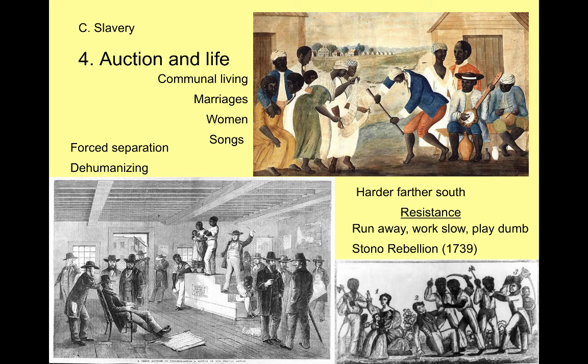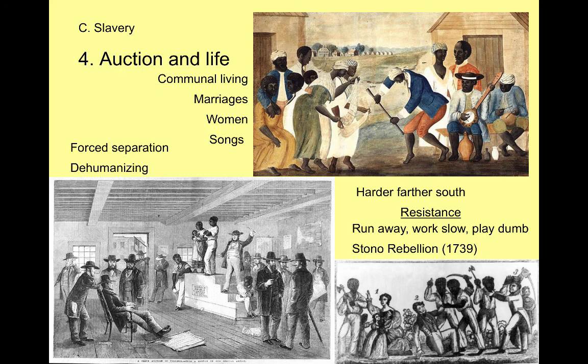But they did happen. The most famous one in this time period is the Stono Rebellion in South Carolina in 1739. Near the Stono River, a group of about 20 Africans decide they're going to rebel. A core group of these Africans were warriors back in Africa, and they had recently been brought to the New World to be slaves, and so they are skilled. They still have hope that they can escape, and they're warriors.